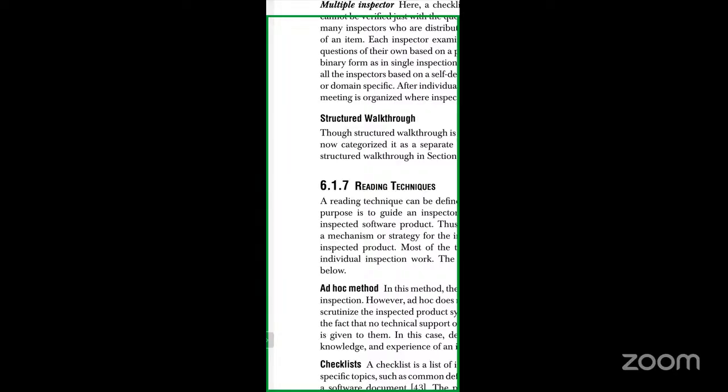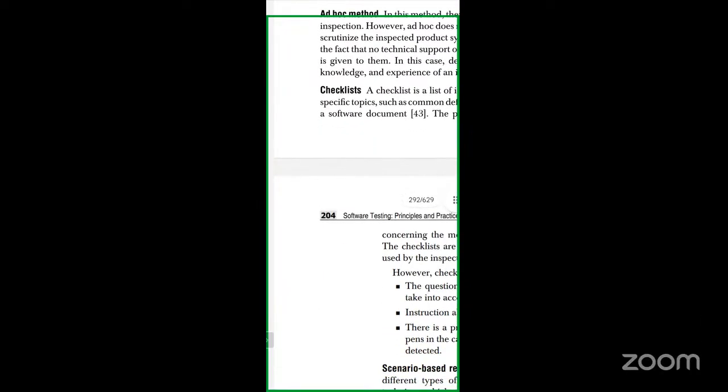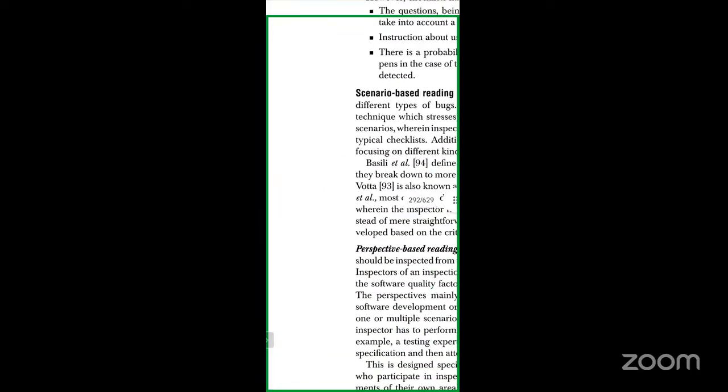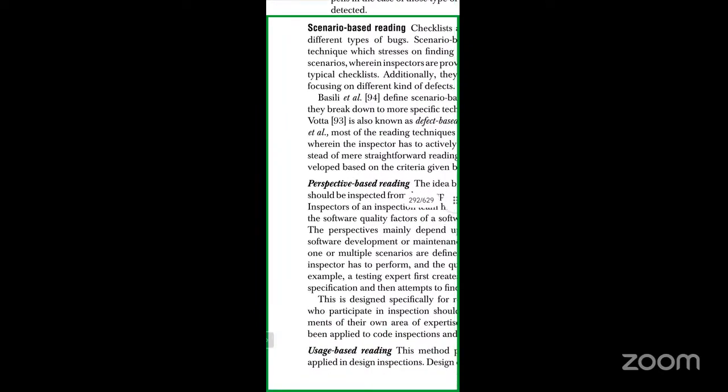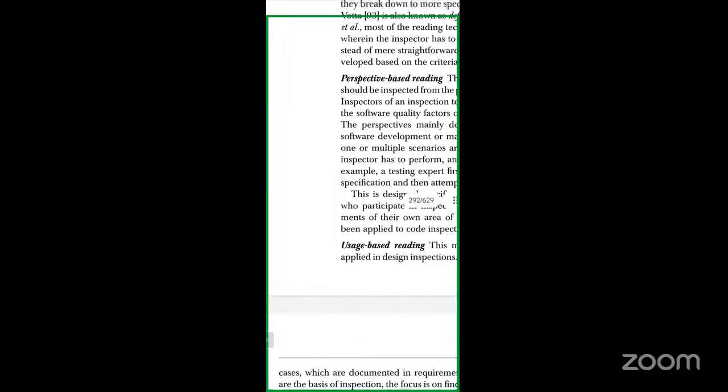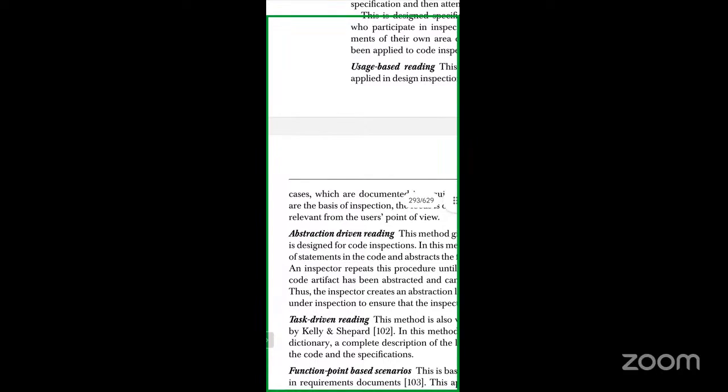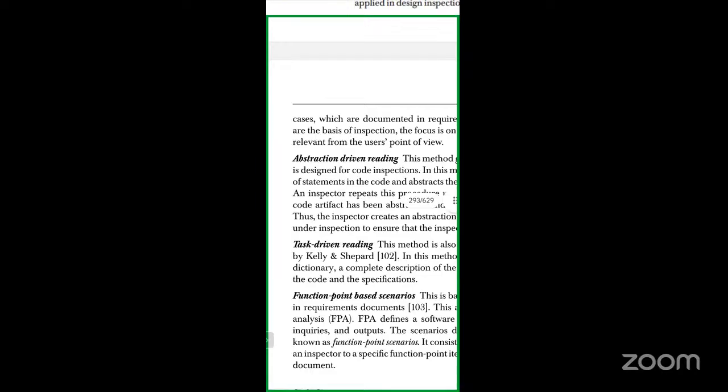Okay, so then you will be having the reading techniques, where you are having ad hoc methods and checklists, and scenario based reading, right? So in scenario based reading you are having again perspective based reading and usage based reading. That is, whenever it is necessary that you are reading, and whenever you are using that you are reading. And abstract driven reading, by taking the reference of your abstract, you will be reading those things. And task driven reading, that is task related aspects only you will be reading,